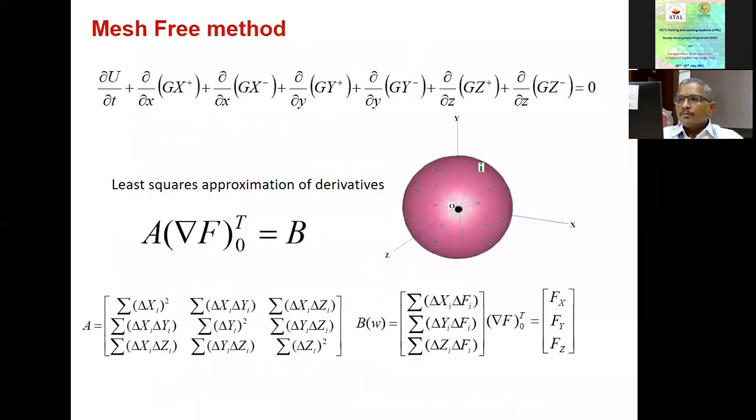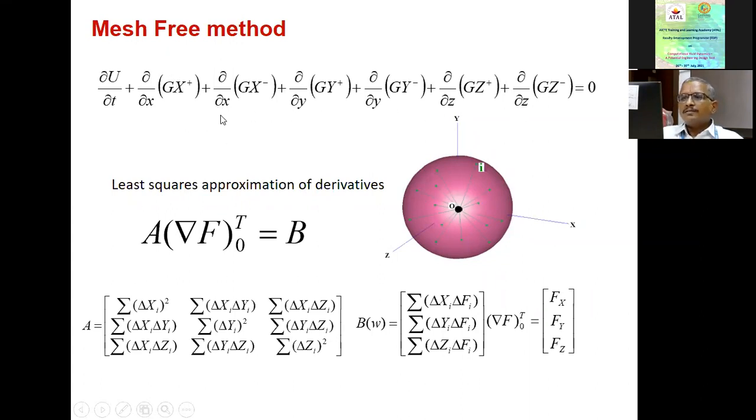So now I go back to a few slides which I had shown earlier. So this is the conservation equation. Now what do I do? I use exactly similar principle. Given a point O, I will try to get the data of the surrounding nodes, which I am representing by a sphere. This is the near neighborhood of point O. And I know the quantity of interest at its neighborhood also. For example, it could be X split flux. So these quantities, I assume, will be known from the previous iteration. So I know these quantities, I'll use all those things and do the least squares procedure. Then I'll be able to approximate this derivative.